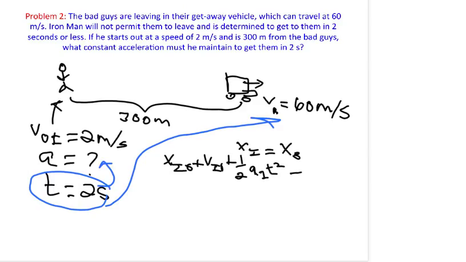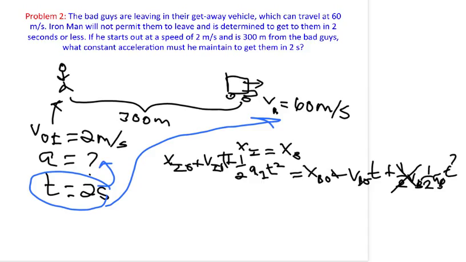xb0 plus vb0 t plus, and this should have a t here, plus 1/2 vb, or ab. Unfortunately, I'm not allowed to erase things, so this is plus 1/2 ab t squared. Okay, now I'm going to go ahead and try to plug in some numbers and make this equation a